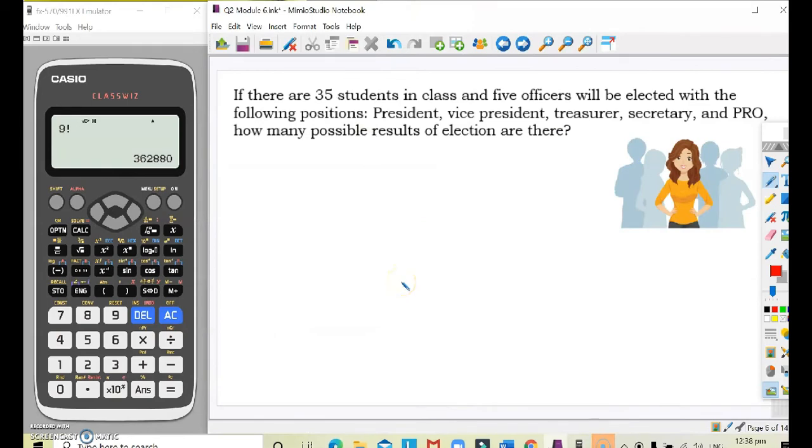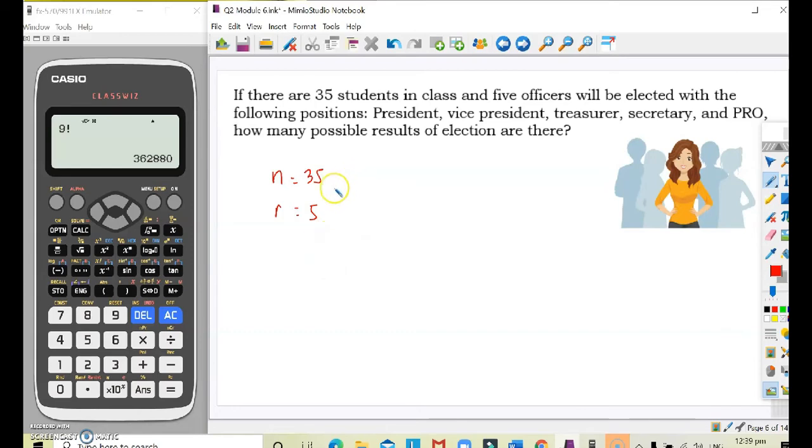Now, given this scenario, let's have another example. If there are 35 students in class and 5 officers will be elected with the following positions: President, Vice President, Treasurer, Secretary, and PRO, how many possible results of election are there? So if we're going to look at it, there are 35 students to be positioned to 5 positions for the officership. Therefore, in this case, N is equal to 35 and R is equal to 5 since there are 5